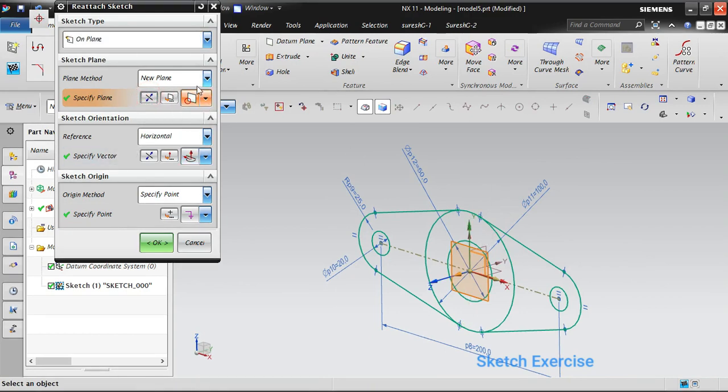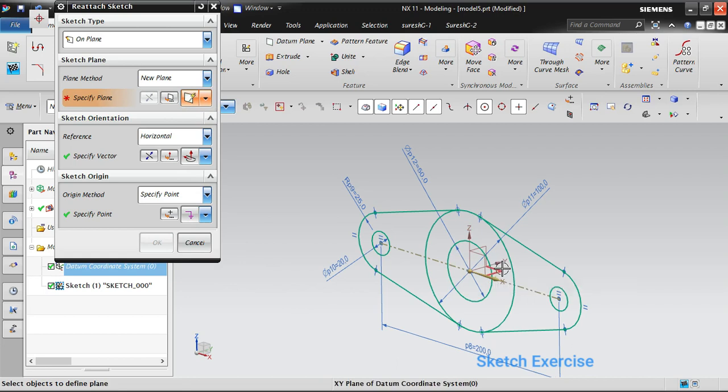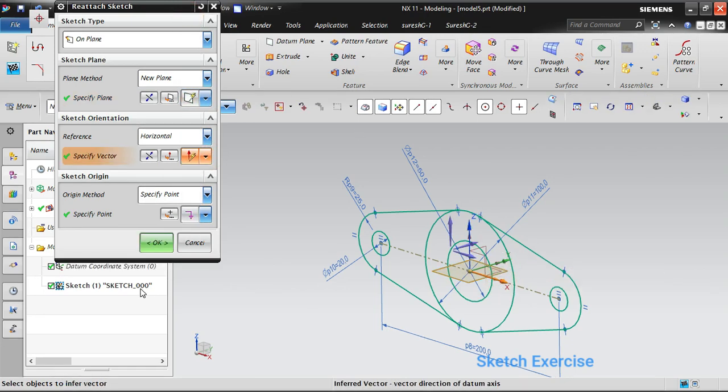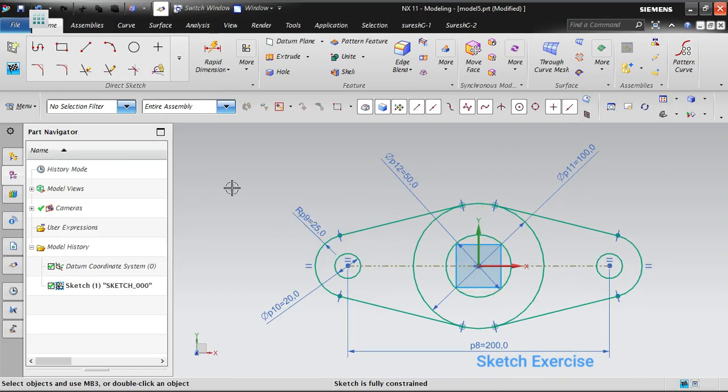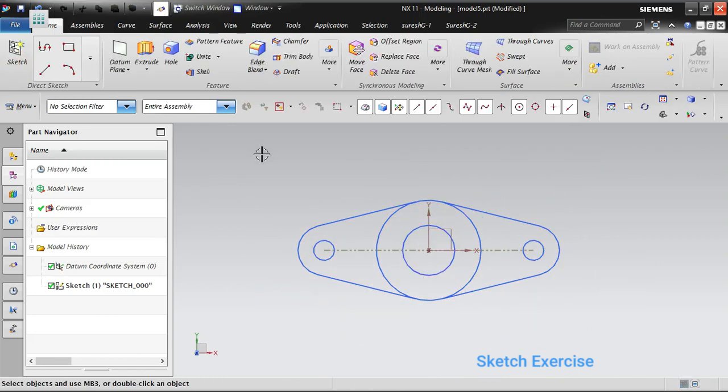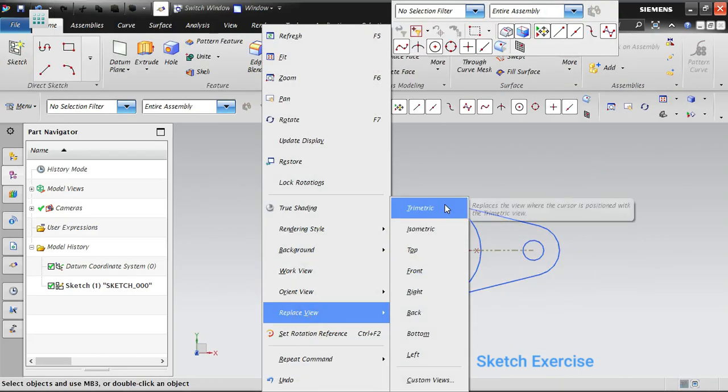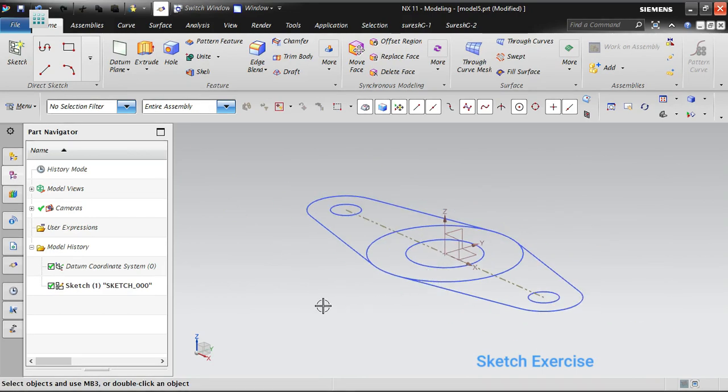Okay, so right now I'm going to select the plane which I wanted to redefine. I wanted to redefine it to the top view, so go for the top view. That's it. Then you define the horizontal axis. I am defining this as my horizontal axis. Give OK. That's it. Now if you come out and check in the trimetric view, it will be in the top view like this. Okay, if you are comfortable with this, we'll go ahead with this also. No problem. That is up to you to decide.